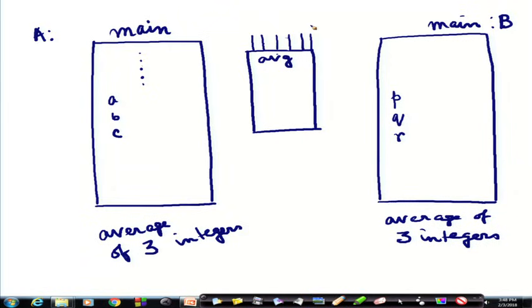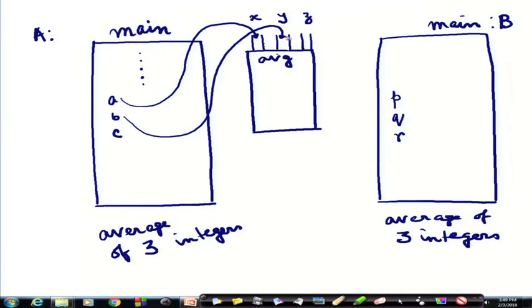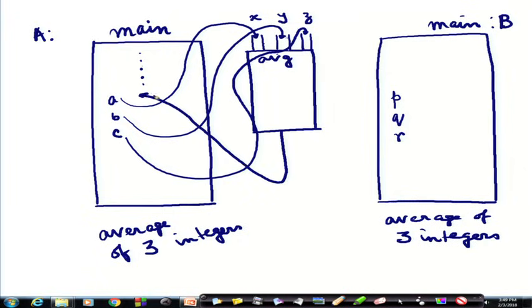So, he just names these pipes as X, this is Y and this is Z. So, when this function main wants to compute the average of A, B, C, he must send A through the pipe X, B through the pipe Y and C through the pipe Z, and he will get the average computed and the average will be returned from the point where it was called. It was called from this point, immediately after that it will go back. Clear?